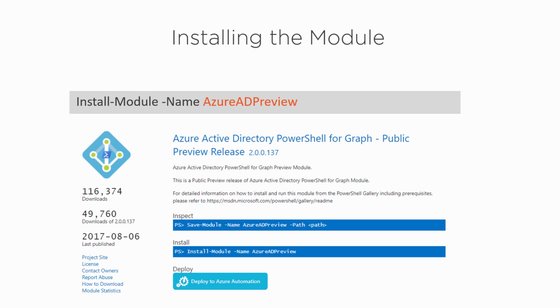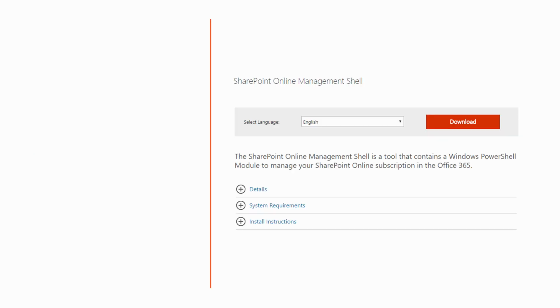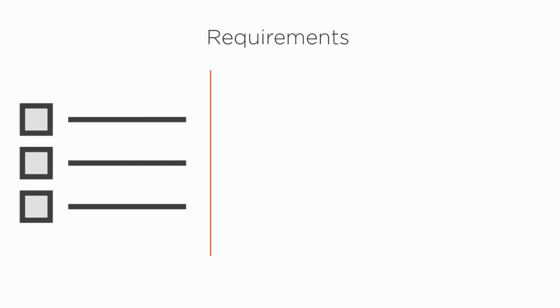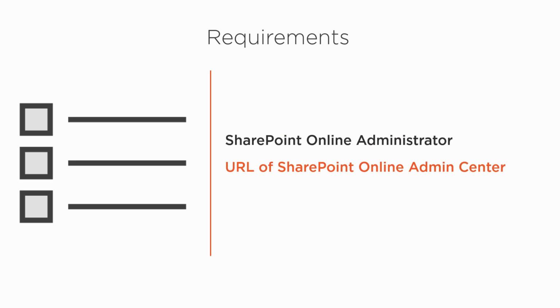Now that we've covered Azure AD, let's talk about SharePoint Online. The SharePoint Online PowerShell module is hosted on the Microsoft Download Center. So you need to go to the link in the slides and download it and install it on your computer. The requirements in order to be able to play with SharePoint Online: you need to be a SharePoint Online admin and you need to have the URL of the SharePoint Online Admin Center, which is always https, the Office 365 organization name